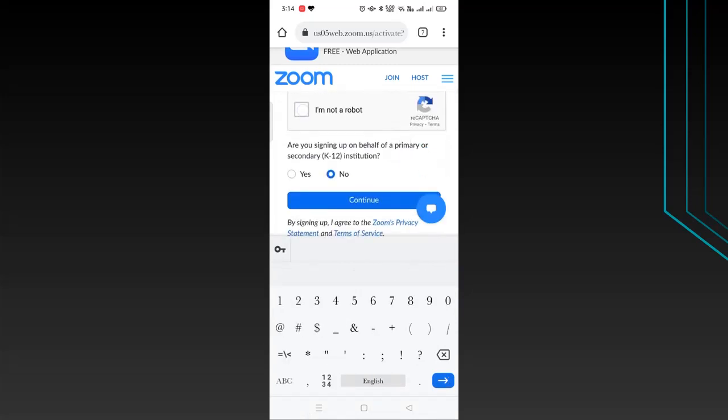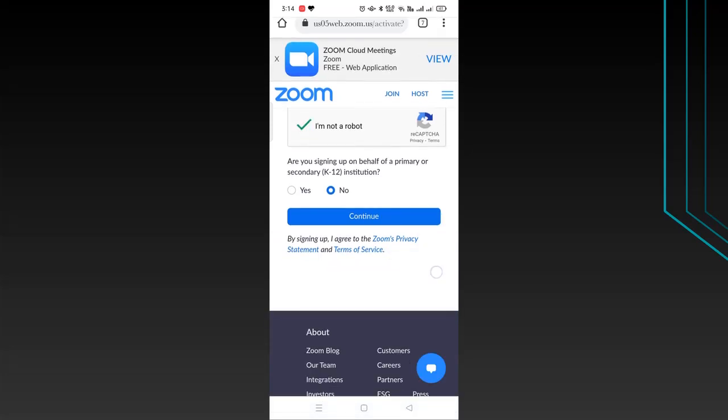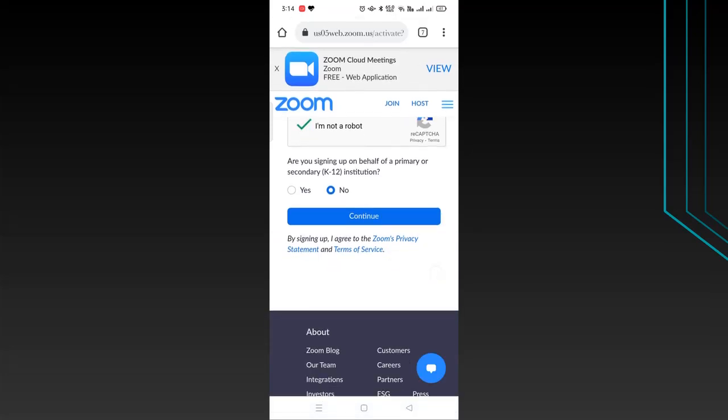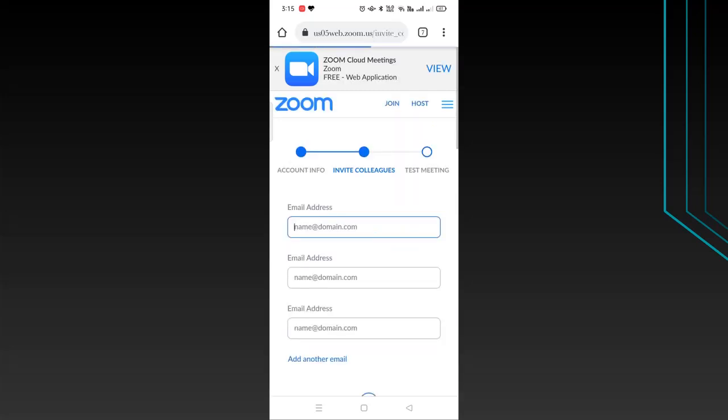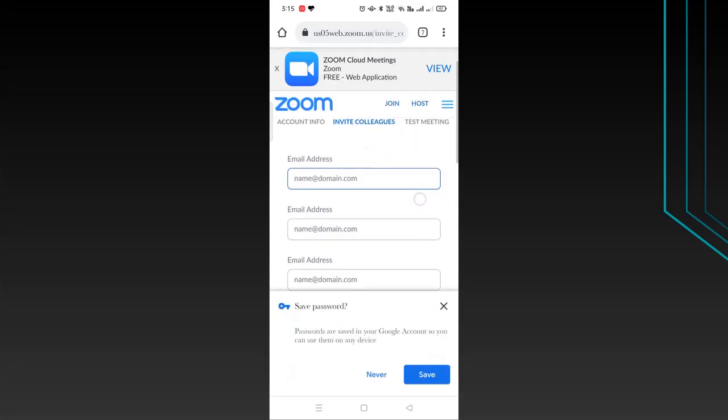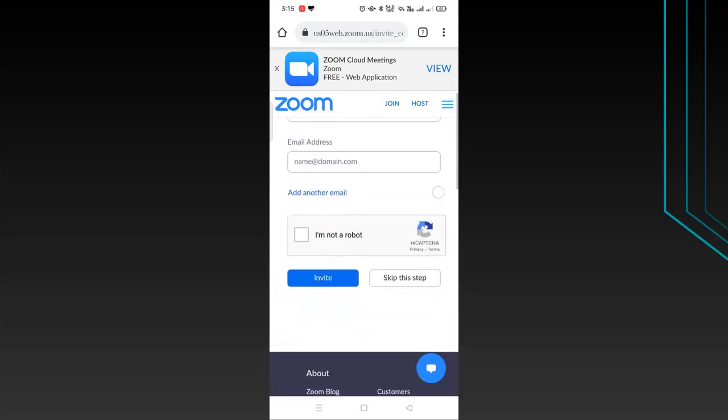It will ask me to confirm that I am not a robot. And it will ask you, are you signing up on behalf of a primary or secondary education? So I just click no. Continue. It will ask you to invite your colleagues.